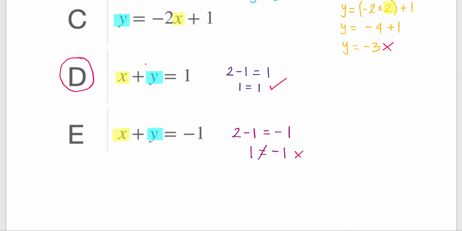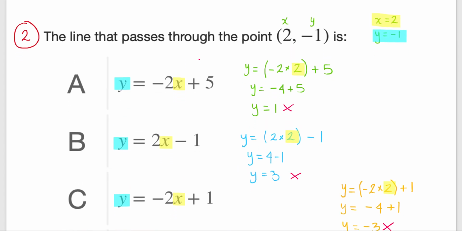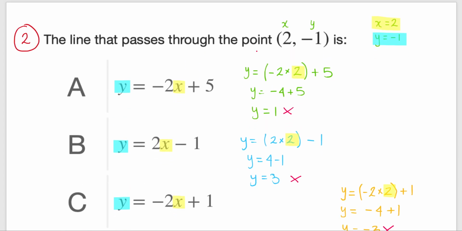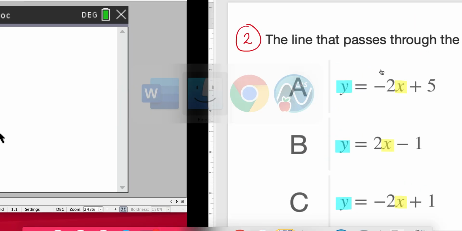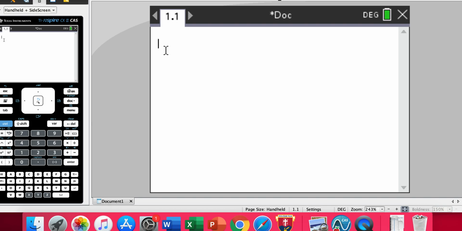So how do we do this in CAS? The way that we do it is we have to enter each one of these rules, and we're going to evaluate them when x is equal to 2, and we're going to see if the answer that we get is that y is equal to -1. So we have to type y